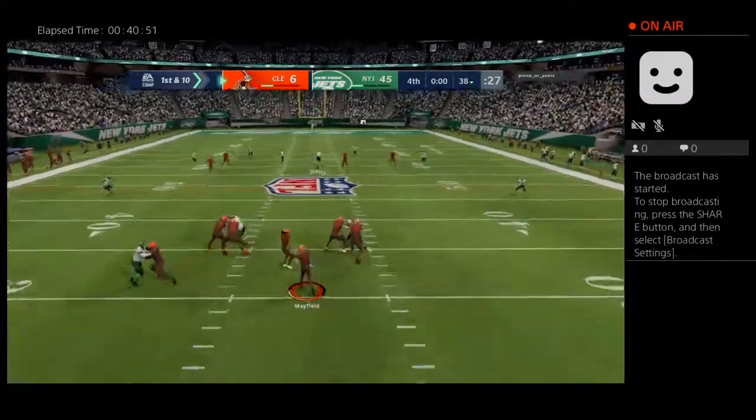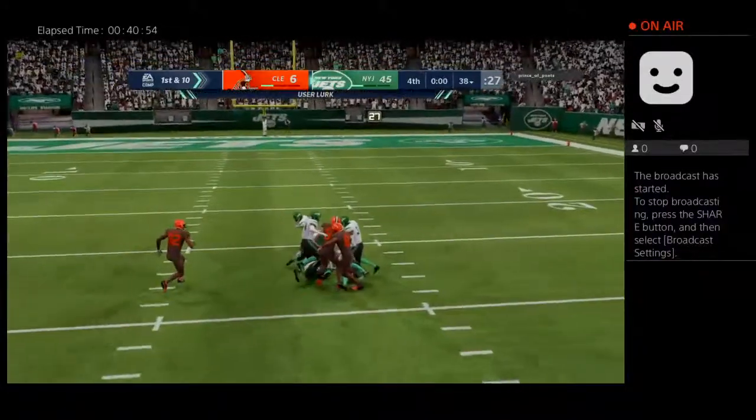One last shot from Mayfield here. Now a desperation throw deep downfield. And that